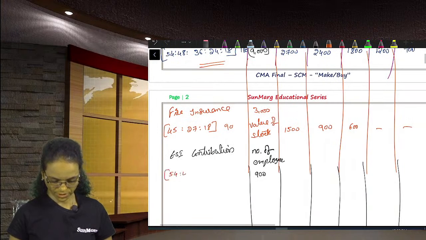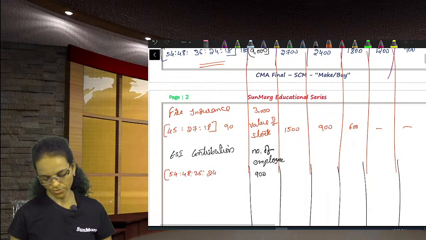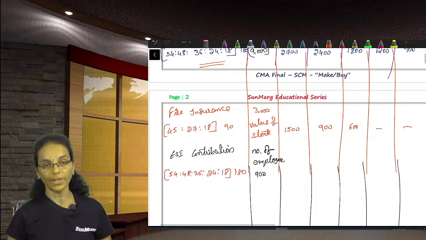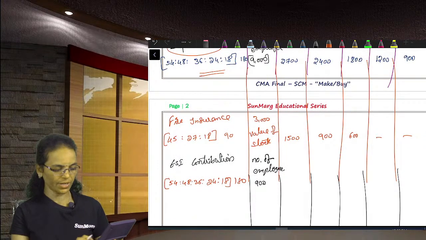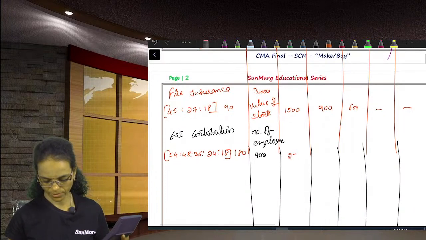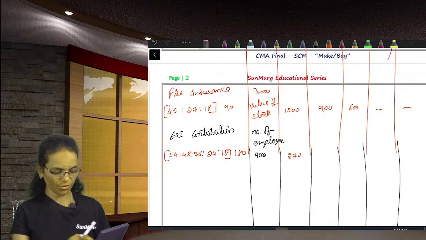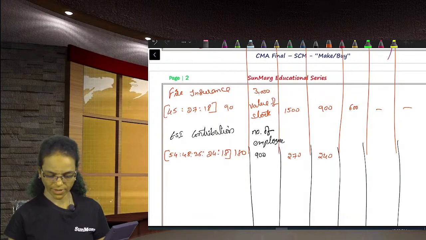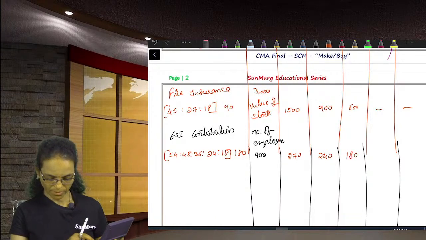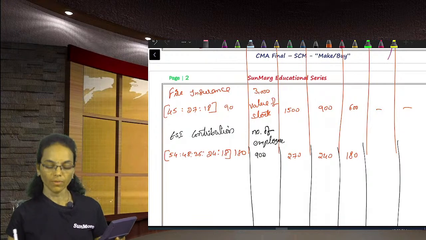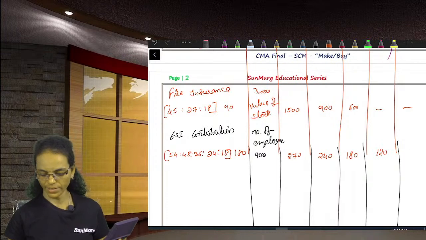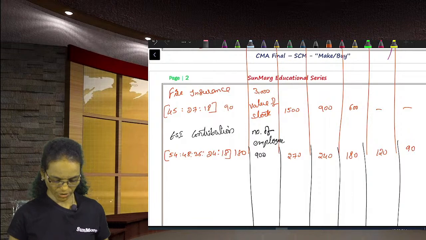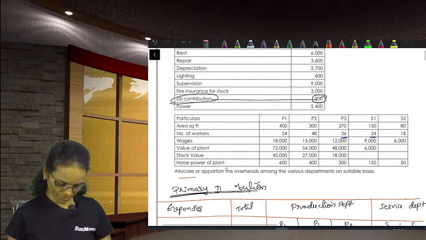54 is to 48 is to 36 is to 24 is to 18, total is 180. 54 divided by 180 into 900 is nothing but 270, divided by 54 into 48 is 240, divided by 48 into 36 is 180, divided by 36 into 24 is 120, divided by 24 into 18 is 90. ESI contribution is done. Next portion,